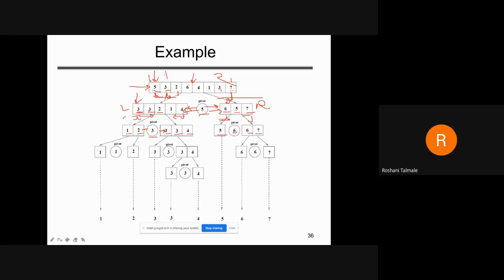Again I am repeating, 1 is a pivot element, so one element here. Again 3 is a pivot element and 6 is a pivot. So we are going in a divide procedure, and finally we are getting the data sorted. इसीलिए वहां पे लिखा था sorted in place. Okay, we are getting the data sorted in place.